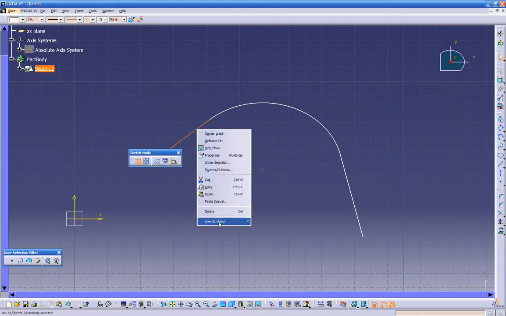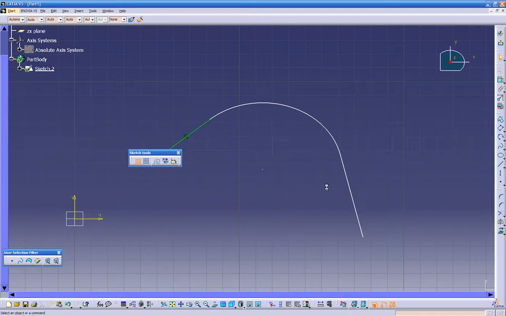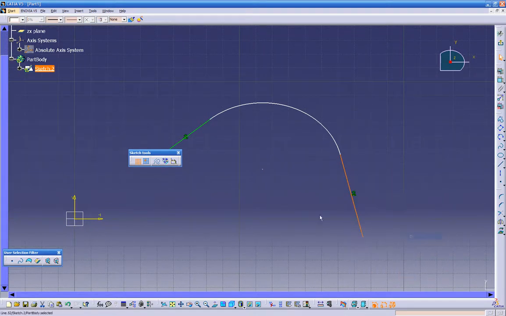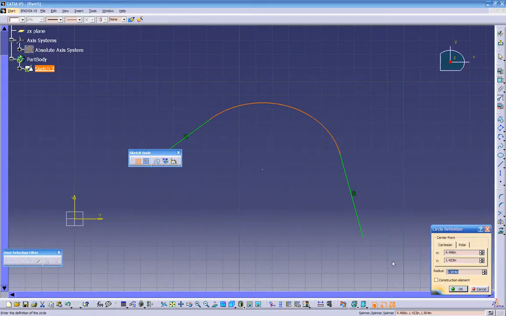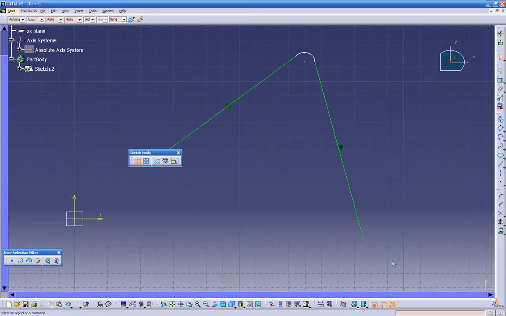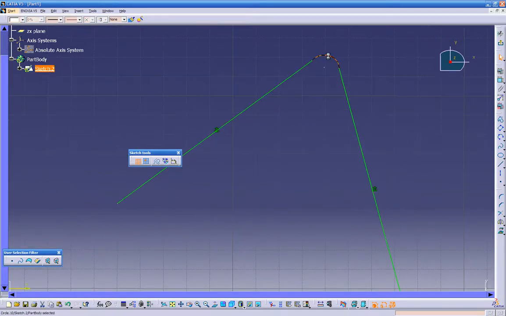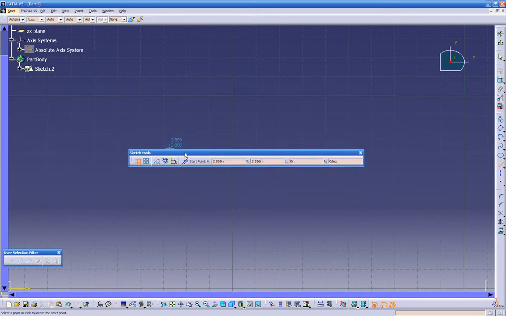on this line. We can fix this line, and that way we know for sure it's not going to move. Same thing over here. Right click, fix. So those lines are fixed. They're not going to move anymore. Now if we go back on this radius, put the 250 in here, we got our corner radius, which I'm not too happy with. So I'm going to delete it. I'm going to delete this, and I like to create it